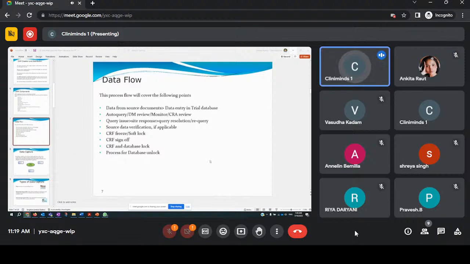You have data flow, right? We already talked about data flow, from where it is being generated, the type of data flow, like when you perform discrepancy management, right? So you have types of discrepancies like auto queries, system generated, data management queries, manual queries, and monitor or CRA queries, right? Then how you are going to resolve them and so on. So all the discrepancy management will also be given here, along with the other types of data flow, from the data generated at the site till the database lock, how data is flowing from one place to another, right? So that will be given here. Then type of